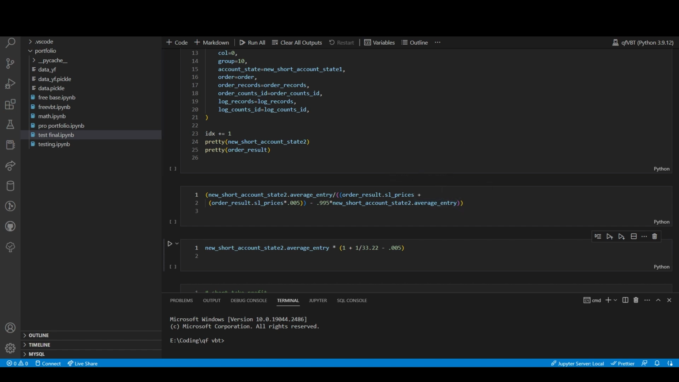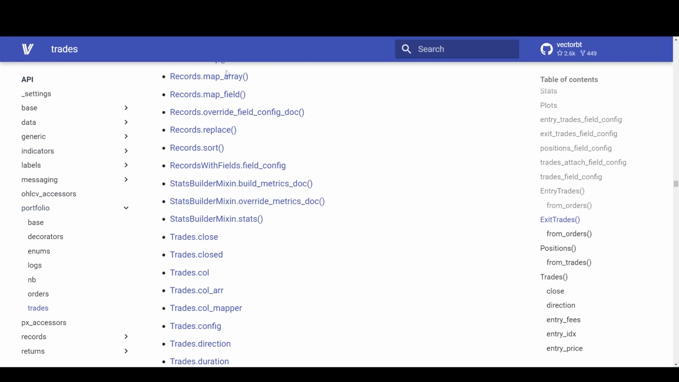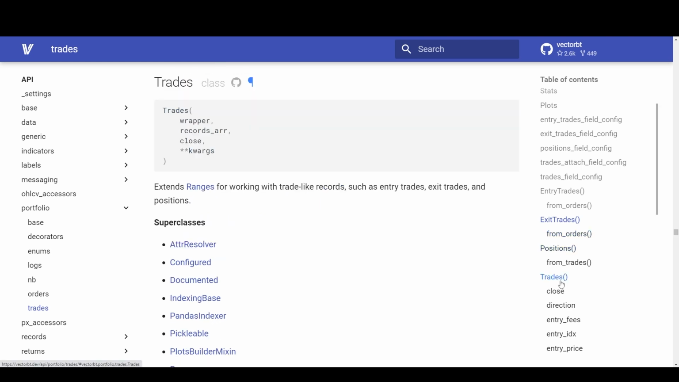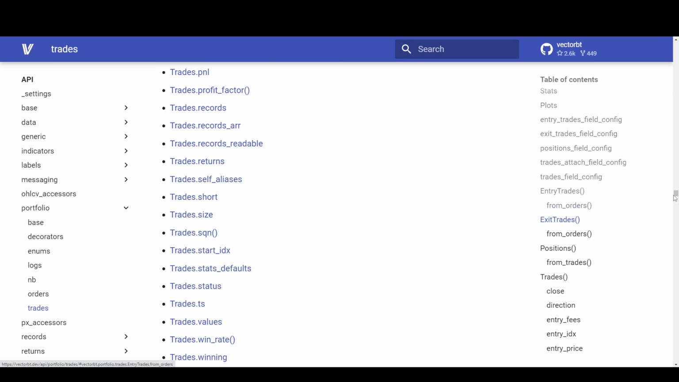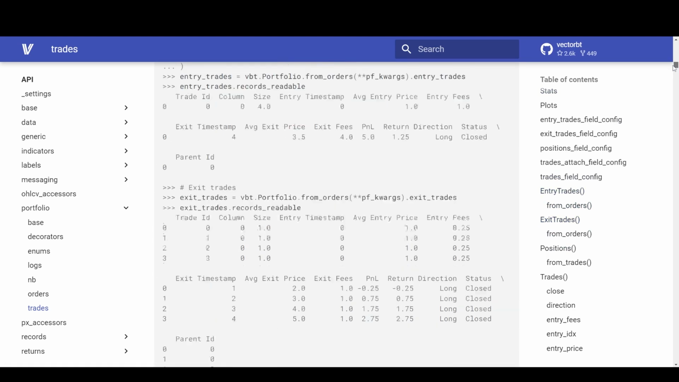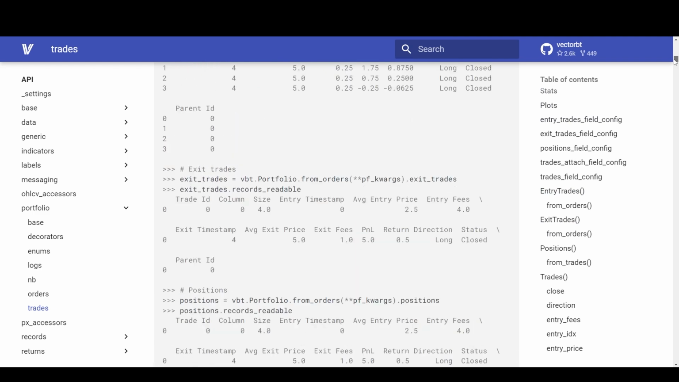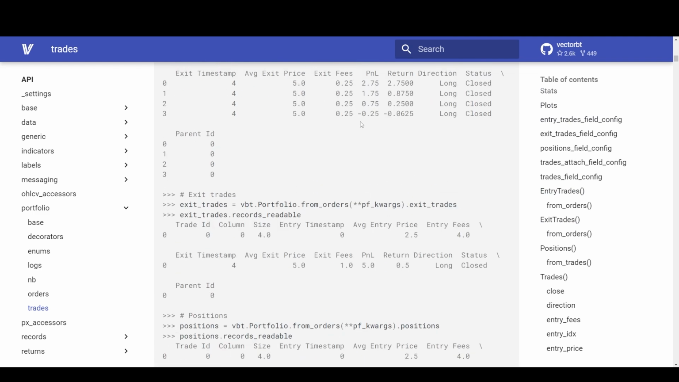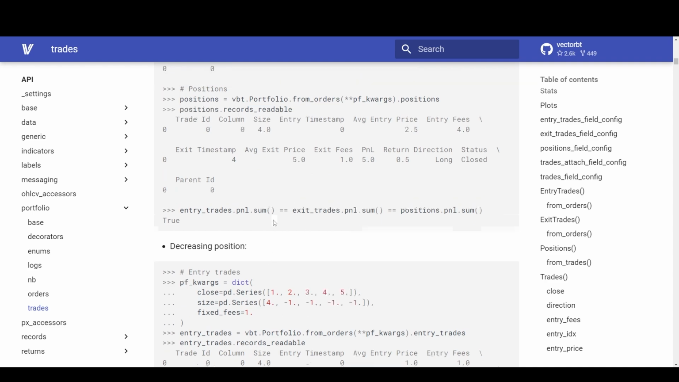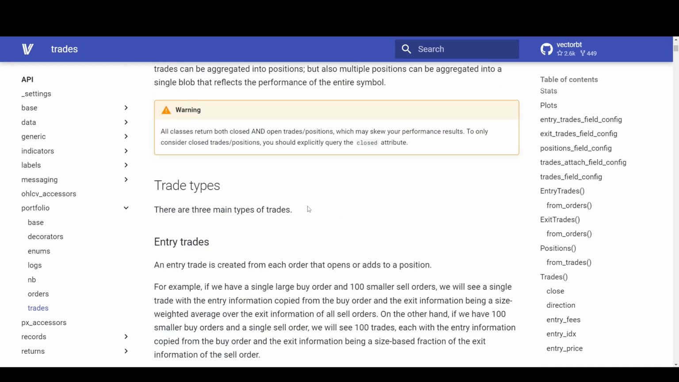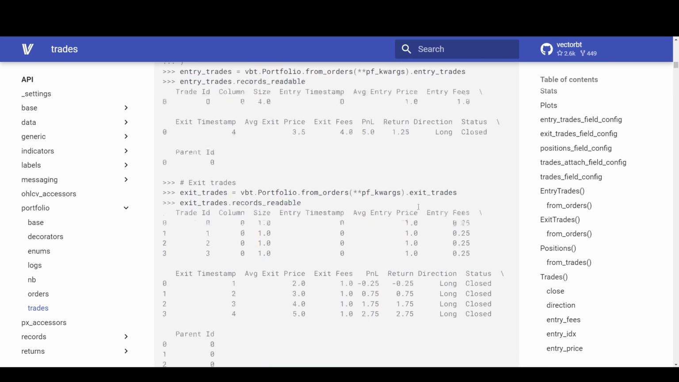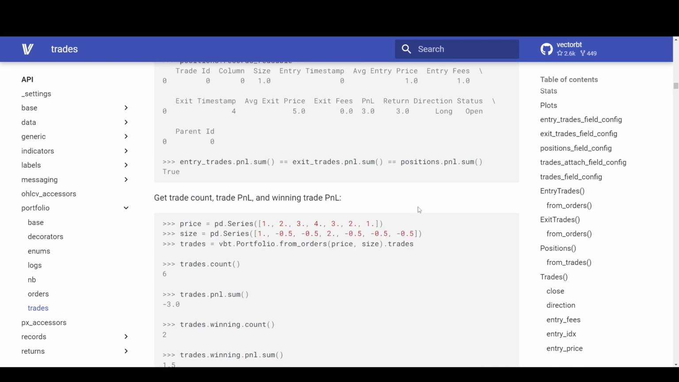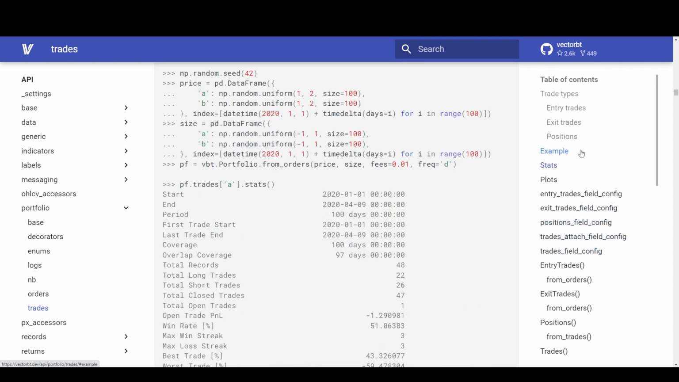So I just realized that the VectorBT website has this thing called trades, which basically takes care of everything. After you are done going over your entire portfolio, it tells you all this stuff like your exit trades, your entry trades, your position trades. I'm gonna have to look over a whole bunch of that once we get done here, and see how I need to match up what to what, because I think that there's a